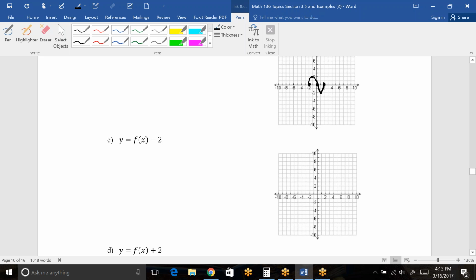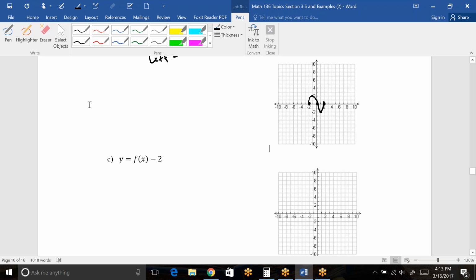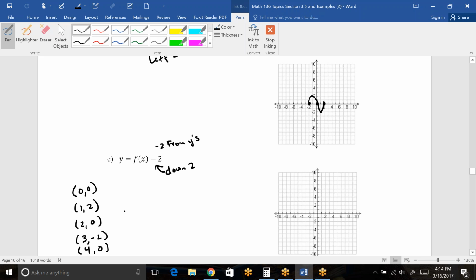Okay, so this one is taking those 5 points, and we're doing something outside of the function. So this means we're moving with a vertical shift, so that's down 2. Remember, down 2 means that we subtract 2 from the y's. You do exactly what you see. So my points were (0, 0), (1, 2), (2, 0), (3, -2), and (4, 0). Those are my original points. If you subtract 2 from each of the y's,